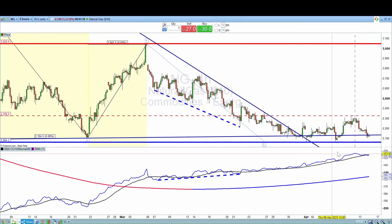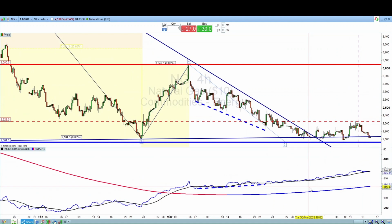again you can see there clearly it's bounced off that ascending trend line, and we had this minor resistance there at 23.28, and it bounced down from that level. So it's currently hovering around that ascending trend line, and the next level of support will be this horizontal 2064 support area. But again, notice we've got this divergence, this bullish divergence on the CCI versus a bearish divergence on